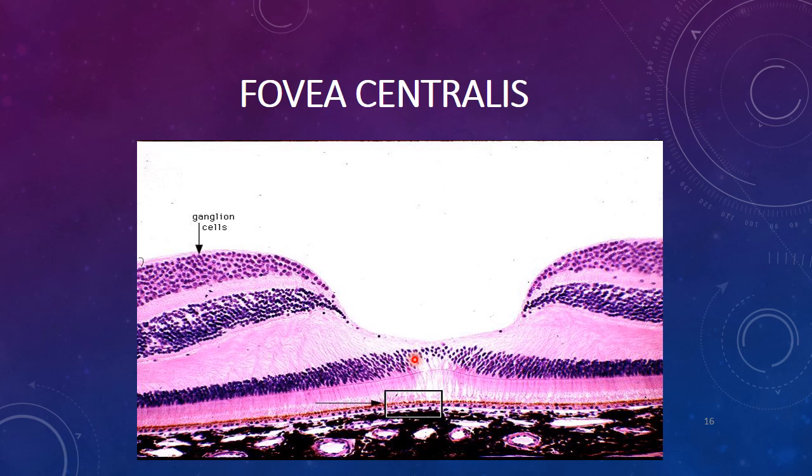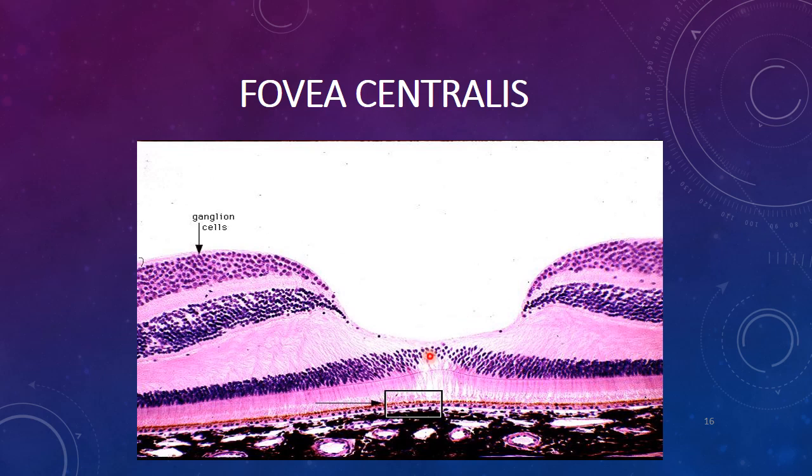So this fovea centralis is that circular and shallow depression lying along the posterior pole of the eye, and here there is absence of these inner layers. They are just present at the periphery, and most commonly here you can have the cone cells.